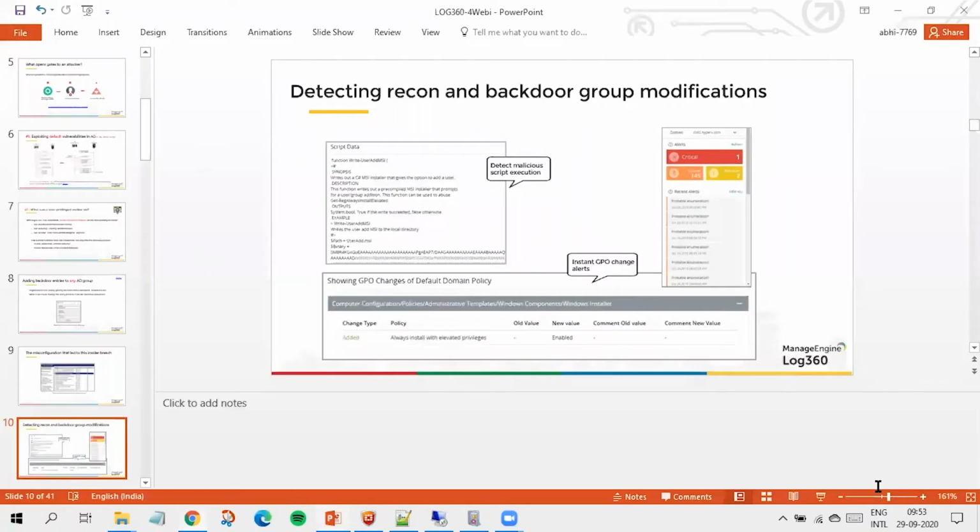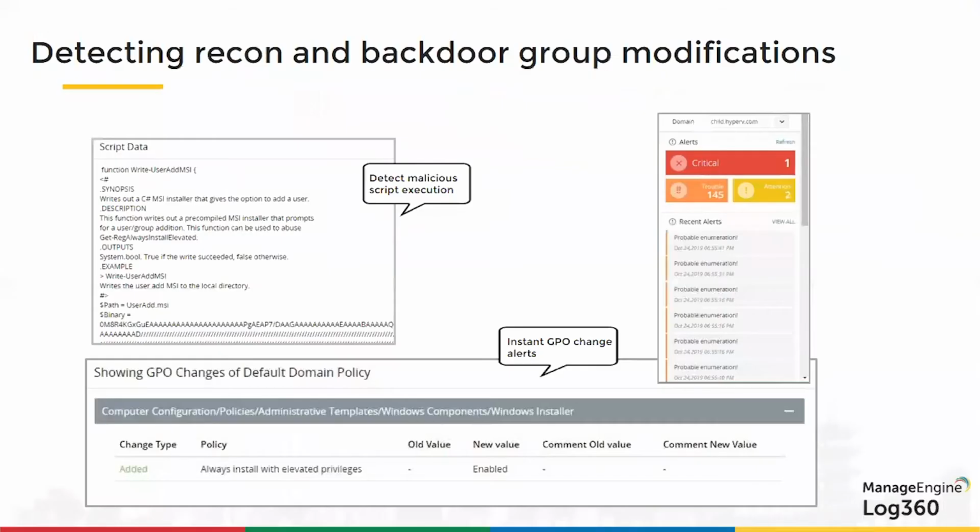So AD Audit Plus can help you with activities such as that, because AD Audit Plus is capable of monitoring your group policy changes. It's capable of reading into malicious scripts when your users run it. It is also capable of capturing enumeration attempts. For example, get AD default domain password policy, get AD group members, right? So activities such as that can also be detected with AD Audit Plus,